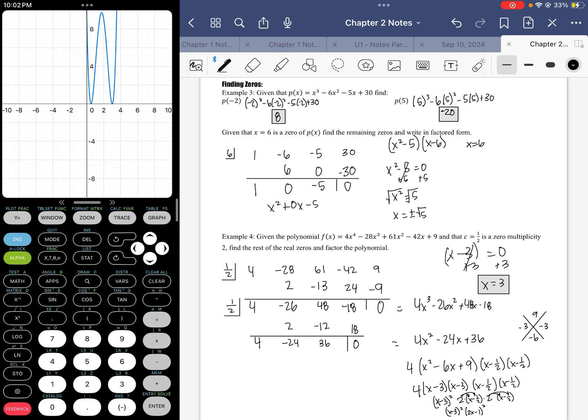Okay, so this is what that graph looks like. Hopefully you can see that there is definitely a bounce happening at 1/2 as well as a bounce happening at 3. So the zeros are 1/2 and 3, each have a multiplicity of 2. 2 plus 2 gives us our